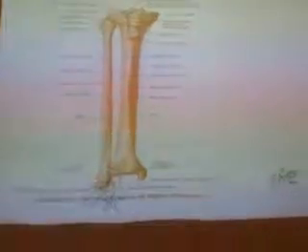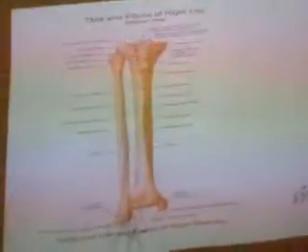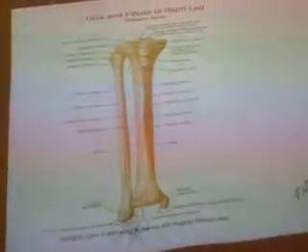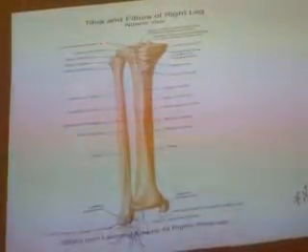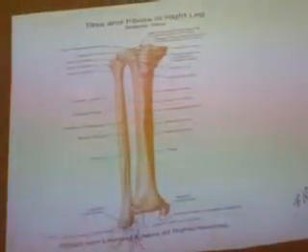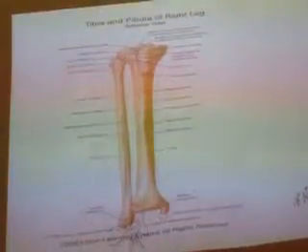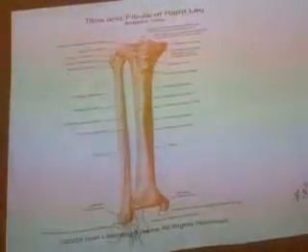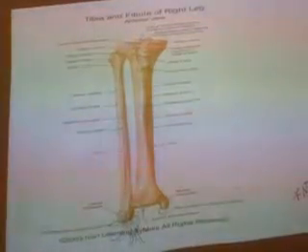So this is the lateral malleolus, and now you see the fibula has a head, and below that there is a constriction. It's called the neck of the fibula. Just below the head is the neck, and on the top of it we have something called the apex of the fibula, also called the styloid process of the fibula. Why is it important? Styloid process of the fibula. What is attached?